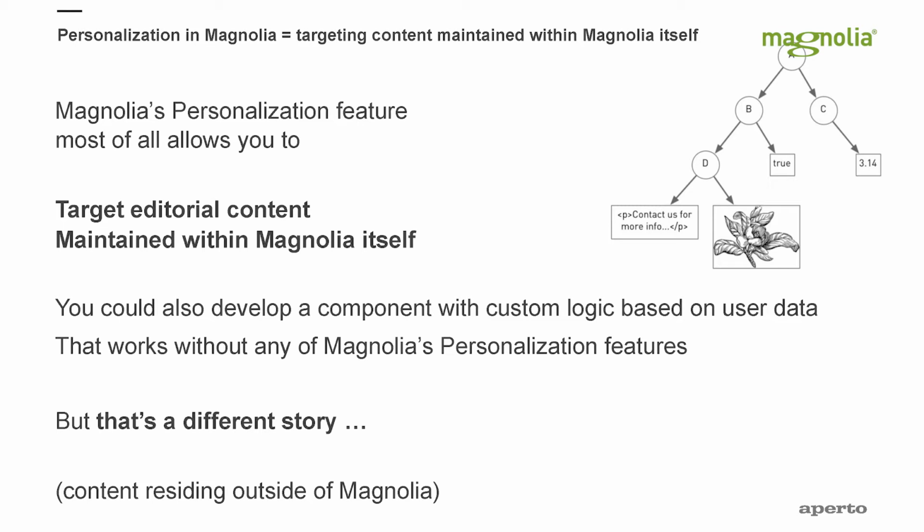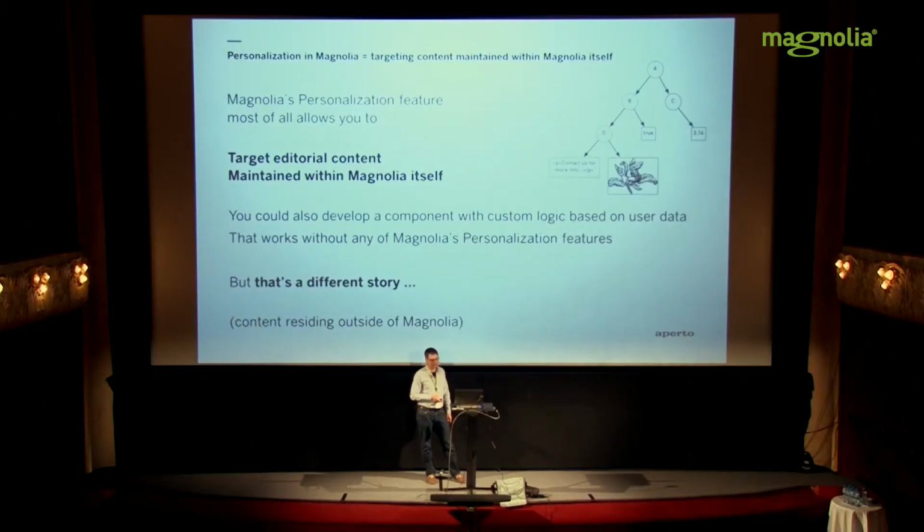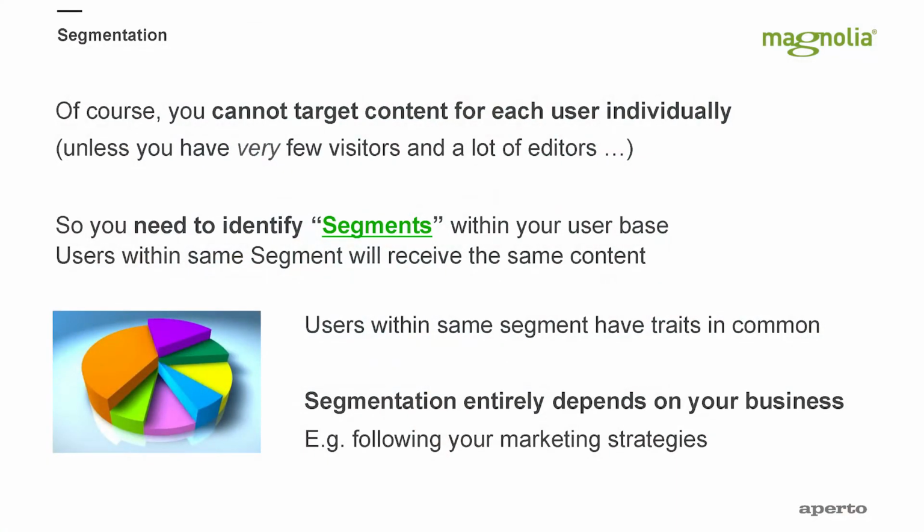Okay, personalization in Magnolia so far mostly means that you target editorial content that you maintain within Magnolia itself. Already, without using any of the personalization features of Magnolia, you could do some kind of personalization if you've got some custom logic that, based on user data, retrieves data from an external source. That's personalization as well, but this is not really what this talk is about. So this is not about content residing outside of Magnolia,